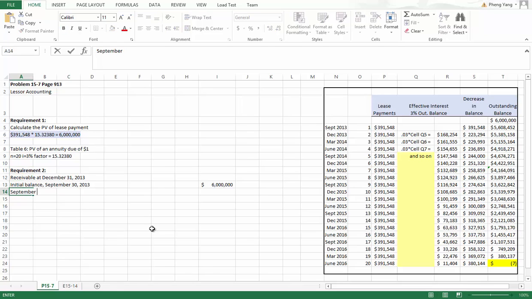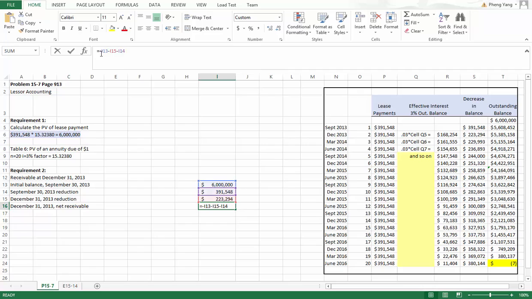For our September 30th, 2013 reduction, it would be that $391,548. Okay. The second payment reduction would then be the $223,294. So as of December 31st, our net receivable, remember it's receivable now because we're doing the accounting for the person who owns the asset, the company who owns the asset, would be